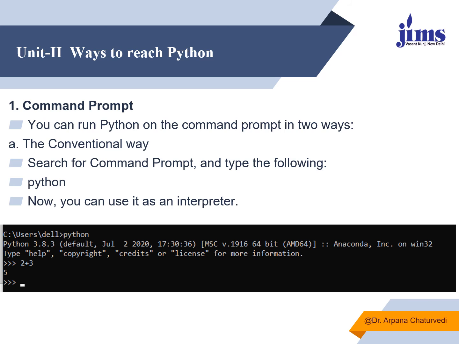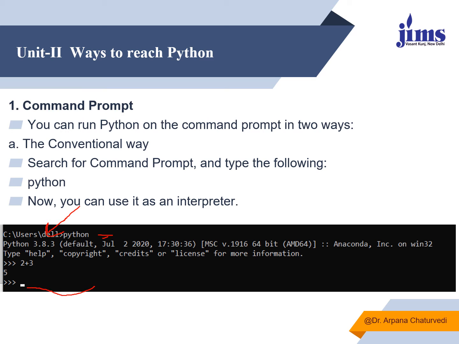If you want to check whether Python has been installed successfully or not, you can go to your command prompt and just write python over there. If it has been installed, it will show you the version, the date of installation, the machine details, and whose copyright it is. Everything will be shown over there. After that, the command prompt will appear.